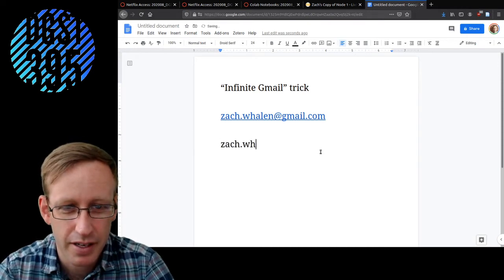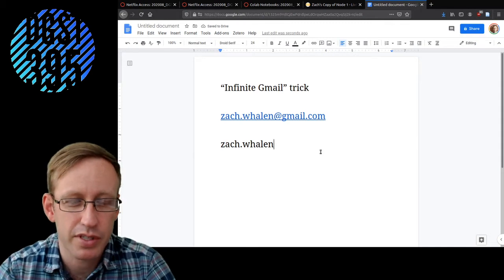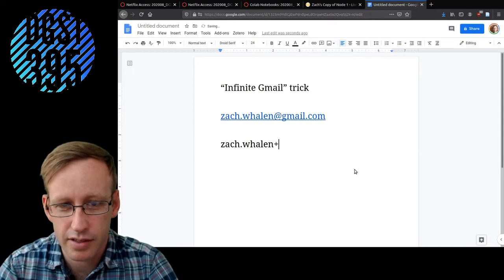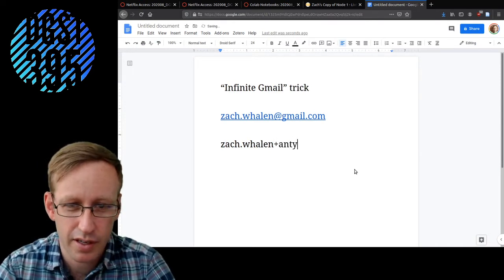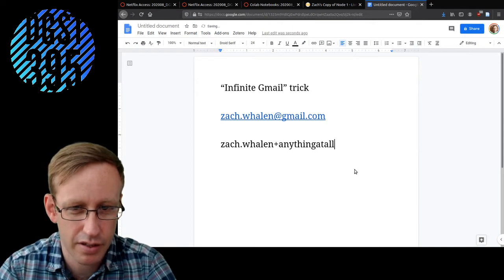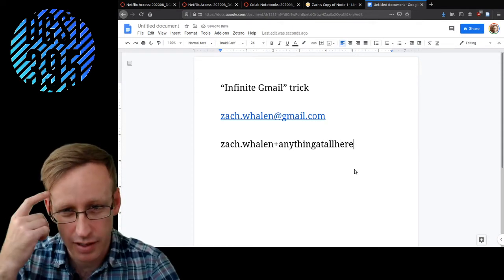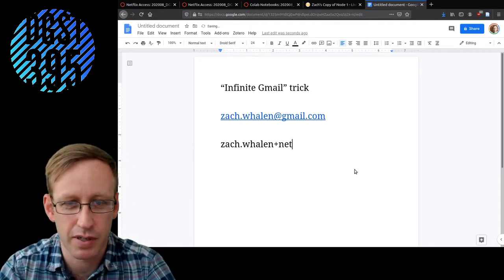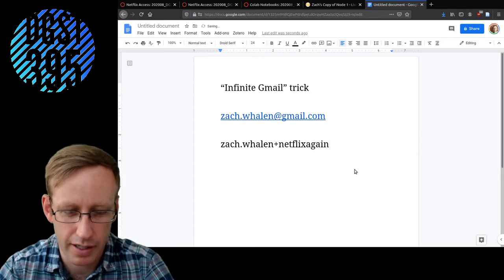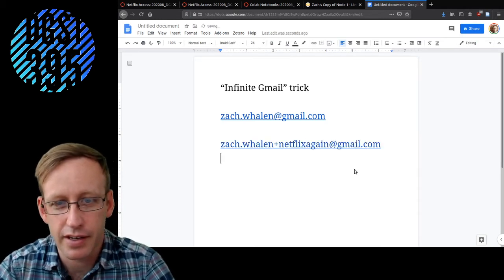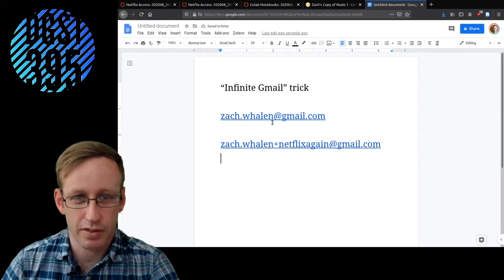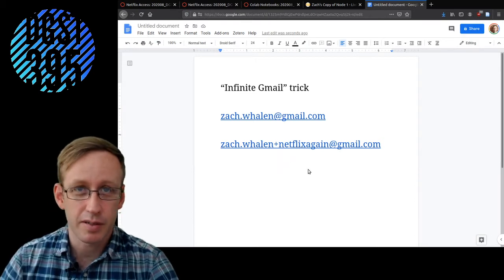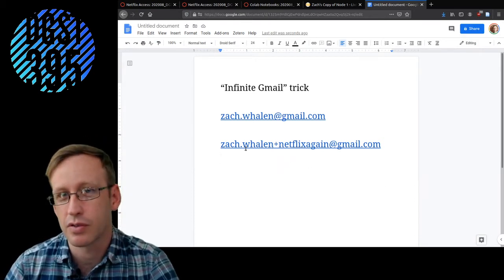Here's the trick. The thing is that Gmail perceives that address here the same way as if you add a plus sign after the name part and put anything at all here. I'm just typing the phrase anything at all here, but because I do this multiple times, I sometimes will just make it something like Netflix again at gmail.com. And Netflix will perceive that as a new address, because if you check these against each other, they do not equal each other. But Gmail thinks of them as the same, which is important because Hulu or Netflix or whoever